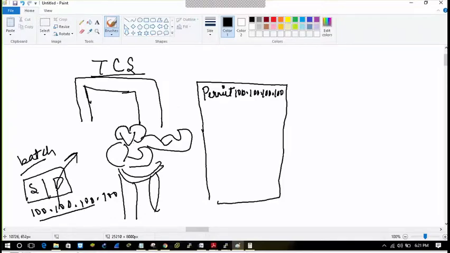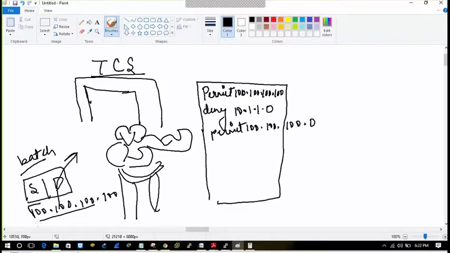And there are also other statements, for example deny 10.1.1.0, and permit 100.100.100.0.